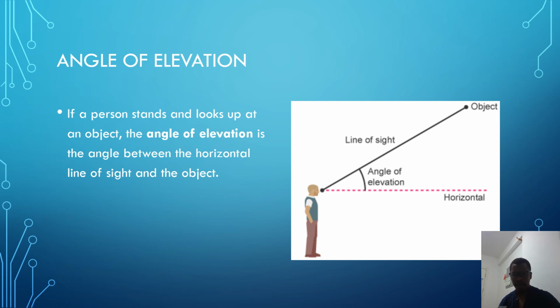Tiyambe kuyang'ana angle of elevation. When we talk of angle of elevation, we consider a scenario whereby a person stands and looks up at an object. The person stands, as you can see here, and looks at an object here. It's looking at that object up there, and